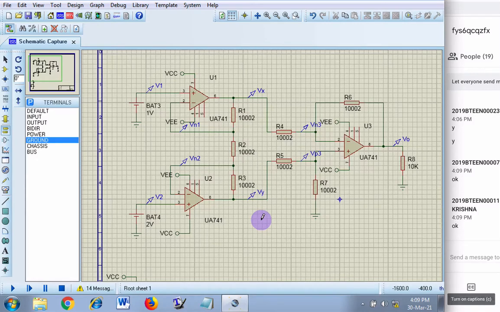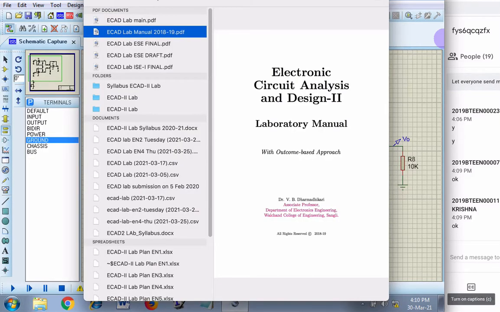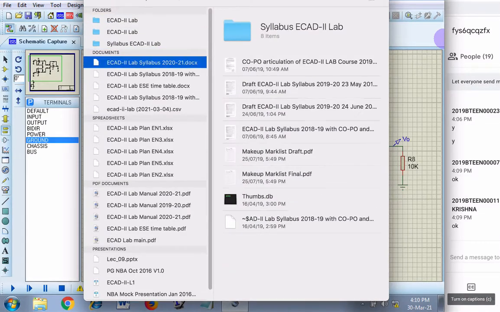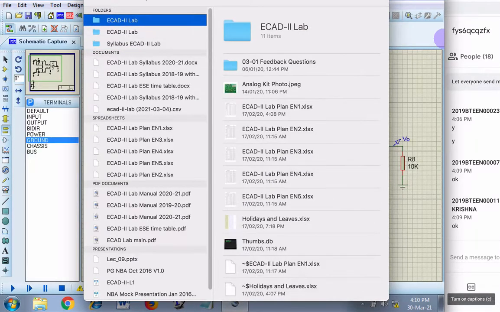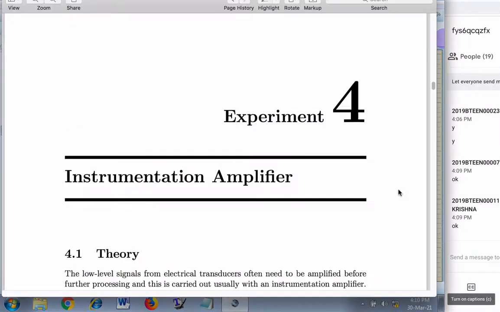Okay. So what this experiment is expected to do, or what we are expected to do in this experiment, is written in the lab manual. So please refer to the lab manual and then complete this experiment. So let me show you the lab manual. Right.